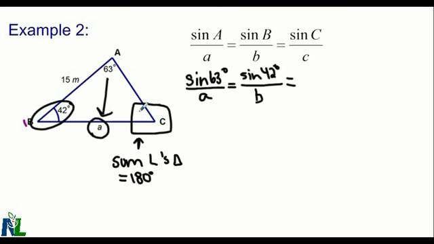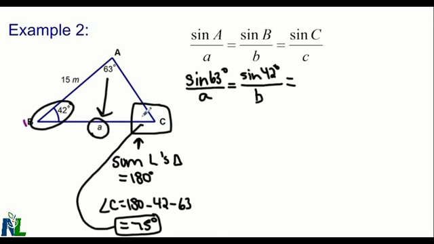So here we can say that angle C equals 180, subtract 42, subtract 63, and that gives me an angle measure of 75 degrees. So angle C here